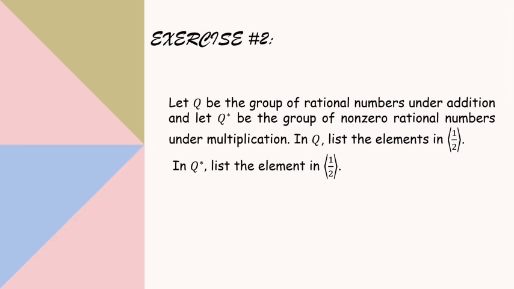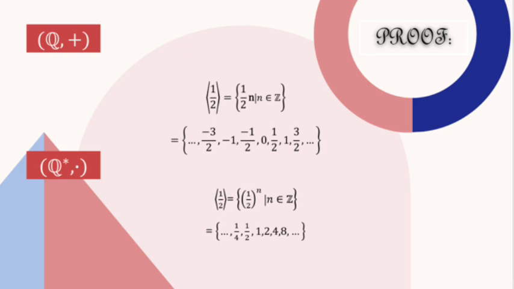Now, we are going to our next page, which is exercise number 2. Let Q be the group of rational numbers under addition and let Q star be the group of non-zero rational numbers under multiplication. In Q, list the elements in ⟨1/2⟩. In Q, under addition, ⟨1/2⟩ is equal to n times 1/2, where n is an element of the integers, equals